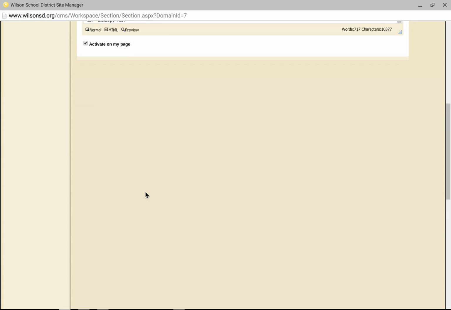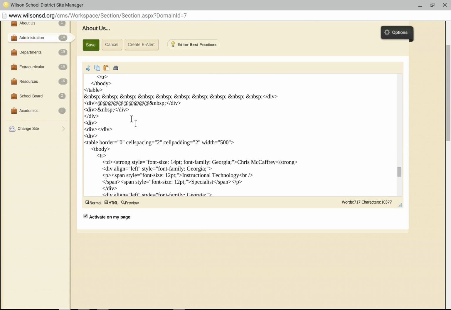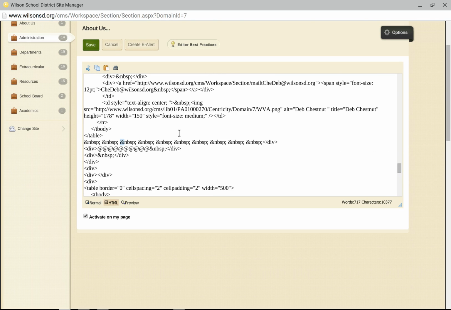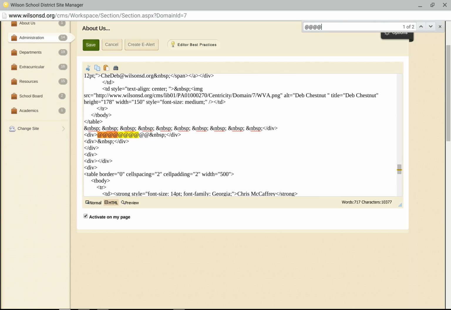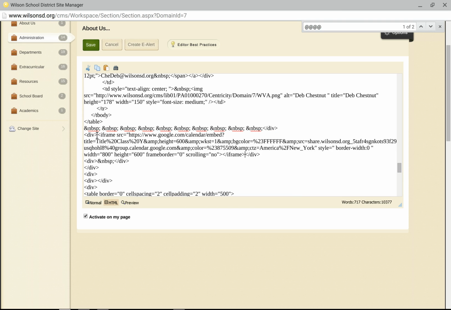Now it's kind of a hassle sometimes to find those @ symbols. Now they are right there, but if it was difficult for me to find that, I could do Control F and then search is a way to find things on a web page. So I can search for those things, and now I found those. So I'm going to highlight them and then paste in that code that I got from Google's configure tool for embedding a Google Calendar. So when I hit save,